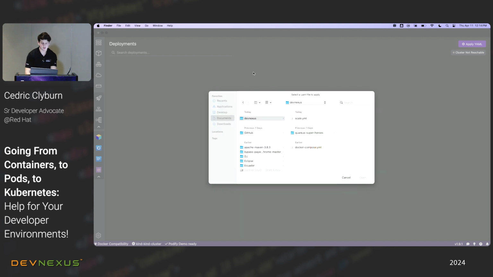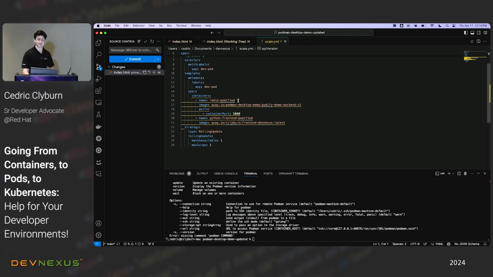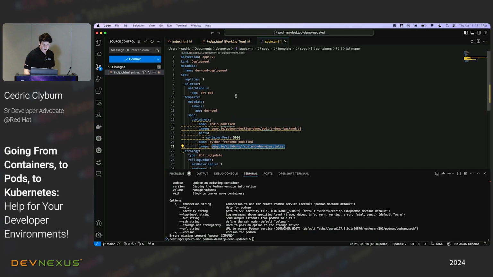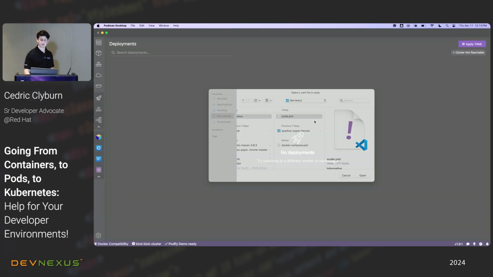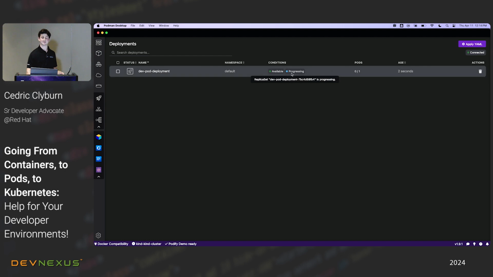Let's see, show in Finder. So it's a deployment, and we've got the first container we're working with for Redis, but I've changed it to that new container that I pushed to a registry. And we're creating a replica set for one replica of this new pod that I want to deploy into the cluster. So we've applied that resource, and what's going to happen is the